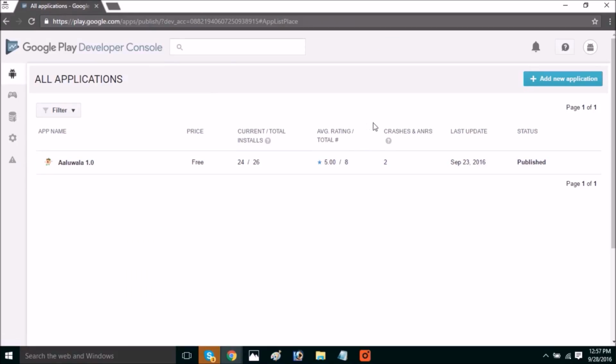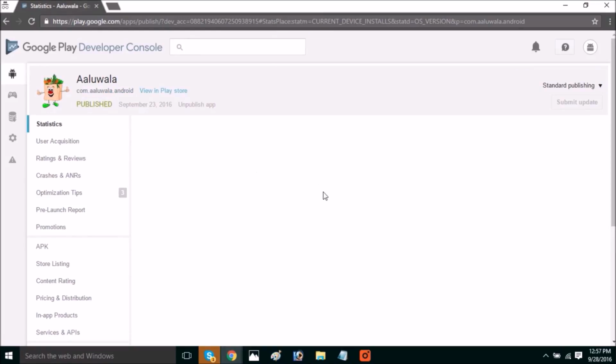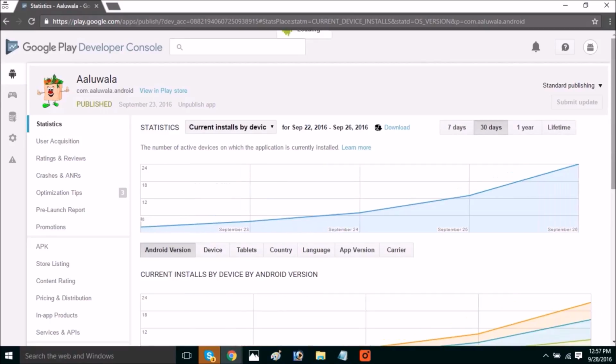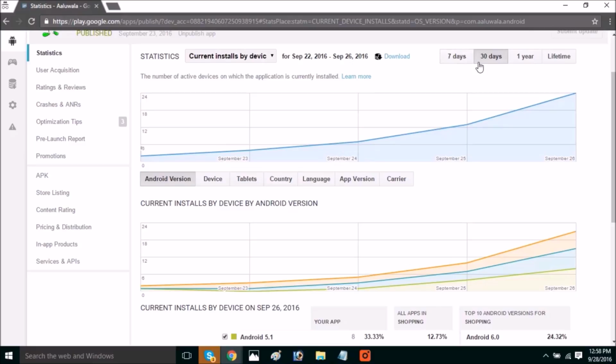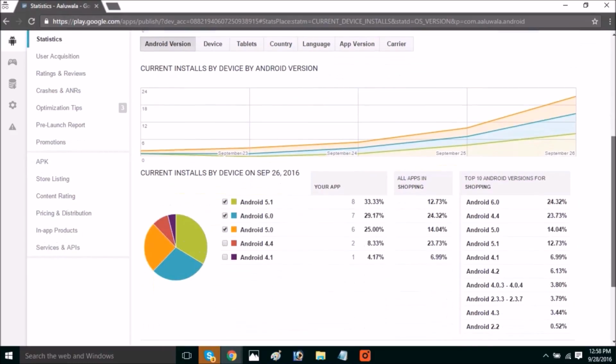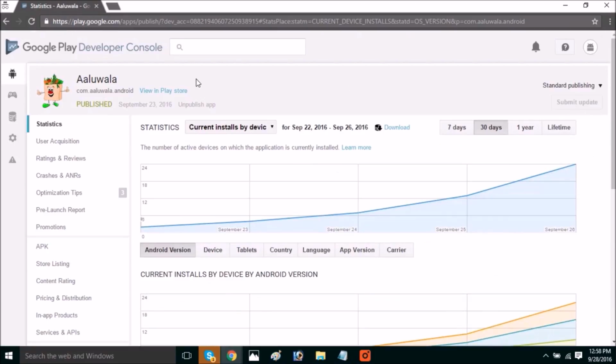The last part is to check the analytics of your application, how much downloads your application got. We can see this in the form of graph. And coming back, you can also choose the filters to check the data time by time. And similarly, we will do it for the rating and review and the comments of the customers.